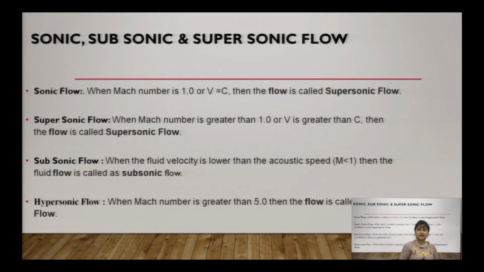Coming to the next and last category based on the dimensionless number, it is nothing but the Mach number, related to sonic, subsonic and supersonic. Sonic means when the Mach number is 1, that is, when the ratio between the local velocity and sonic velocity is 1, where V represents the local velocity of the pipe flow and C represents the sonic velocity. Supersonic is when the Mach number is greater than 1, subsonic is when the Mach number is less than 1, and hypersonic is when the value is greater than 5 or 6.